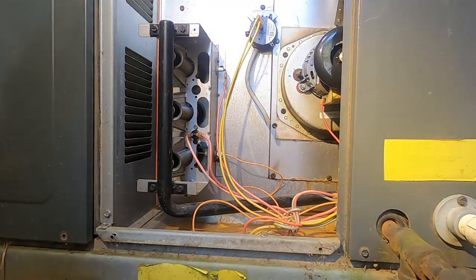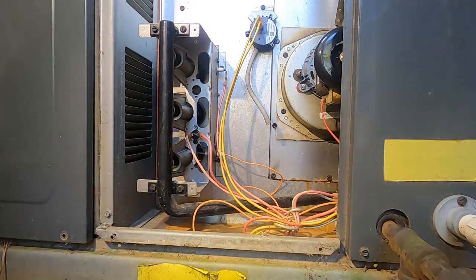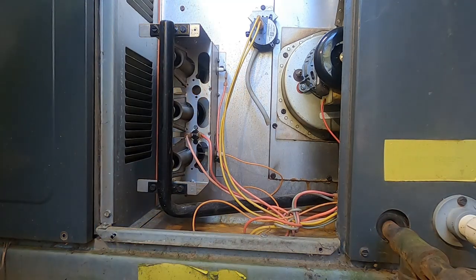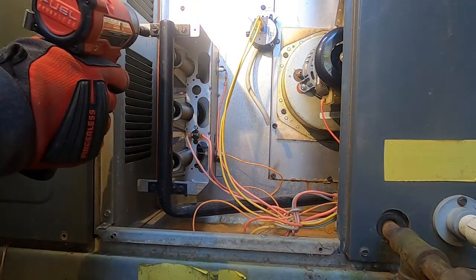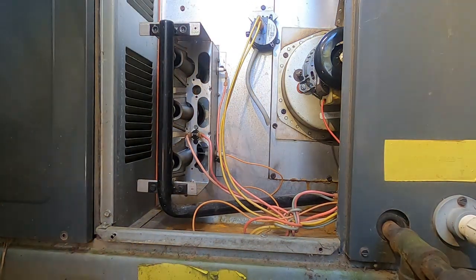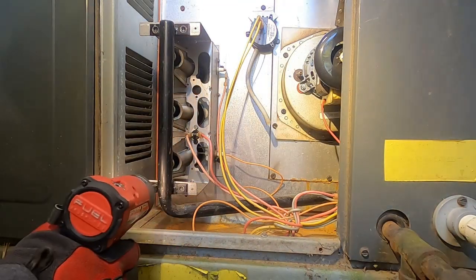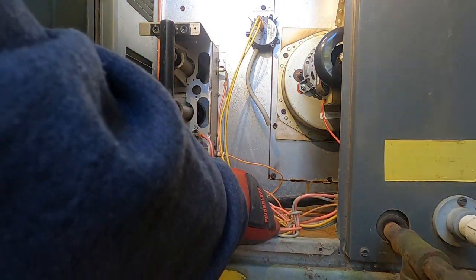So before I do anything else, let's pull the burners out. I mean, we'll check the gas pressure on it. So far, everybody else has said the gas pressure was fine, but then again, I wouldn't be here if they were on the money, I guess. So we'll run that and check it, but I'm looking for rollout issues that will trip a rollout switch. And so let's just